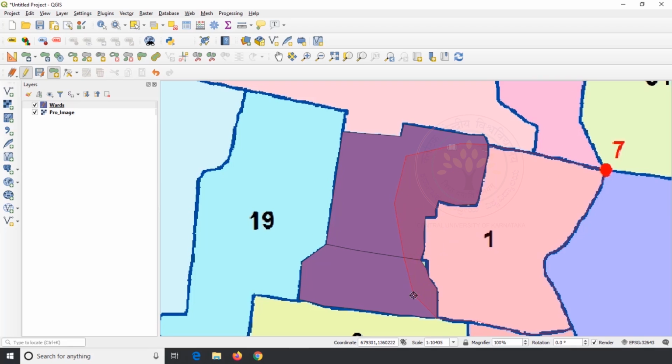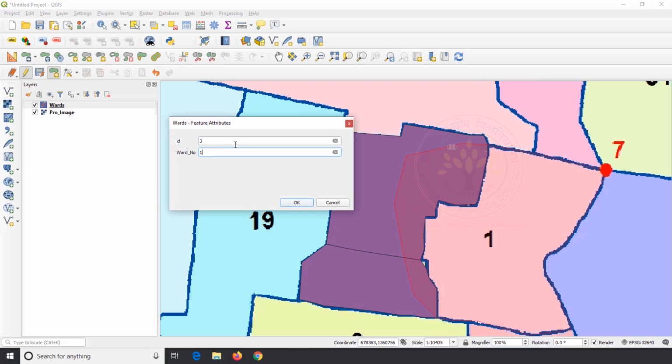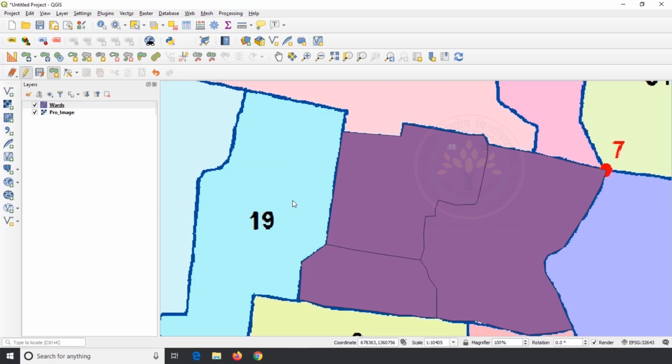As these existing polygons are connected and my new polygon is touching the boundary of these polygons, the common boundary will be taken automatically.